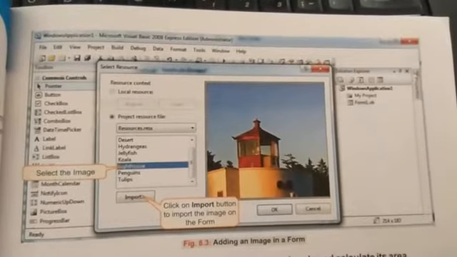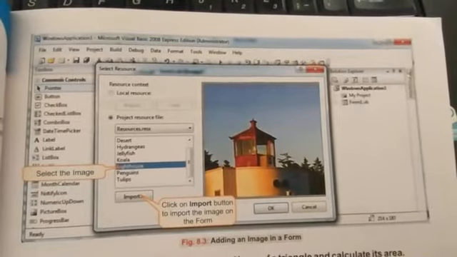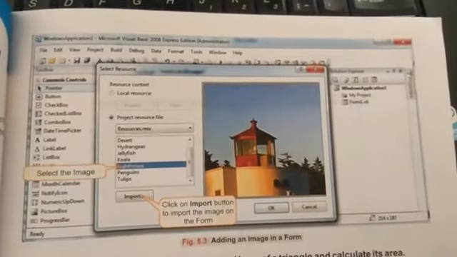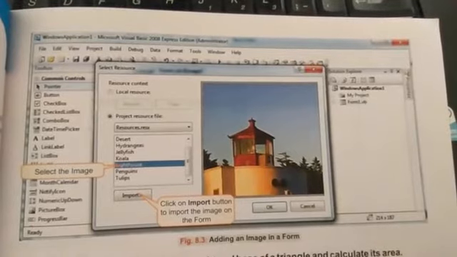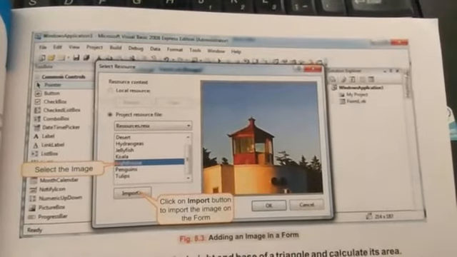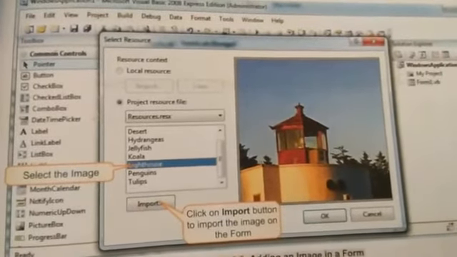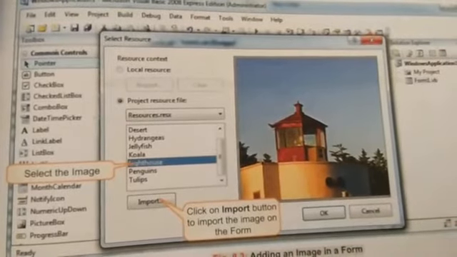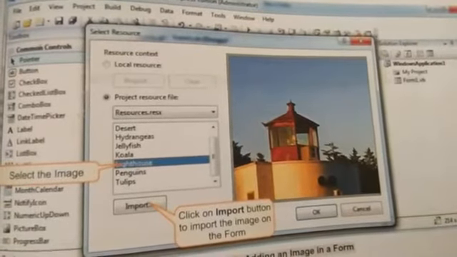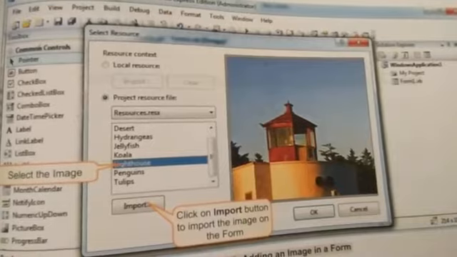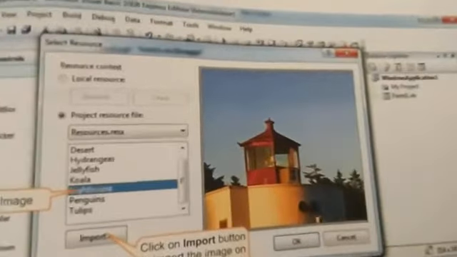After setting the size mode for a picture box, there is an option to select a resource. Yes students, you have to select the location from where we have to import an image into this picture box. You can select any resource or any folder from your local files, and you can select any kind of picture. There is a list of pictures. You have to select any image in this box, and after selecting it, you have to click on the import button. After clicking the import button, this image will be imported into that picture box.